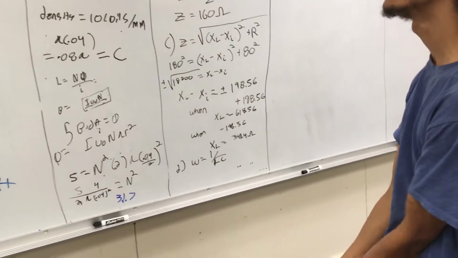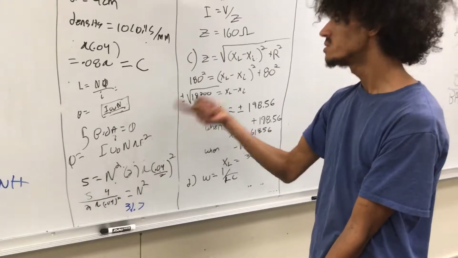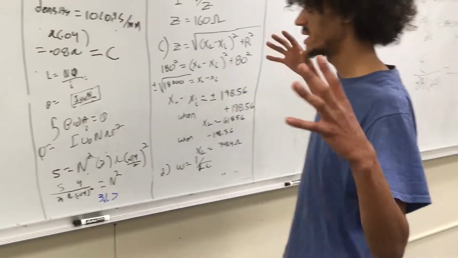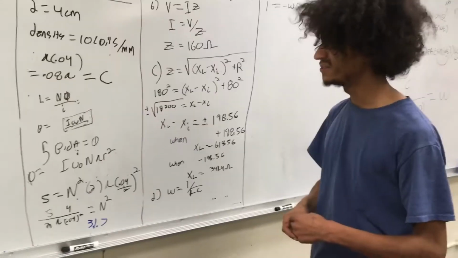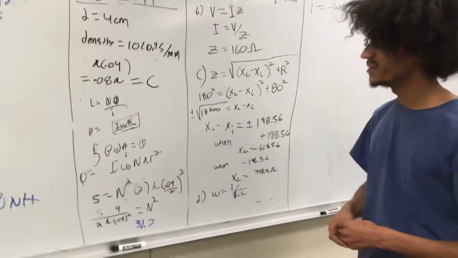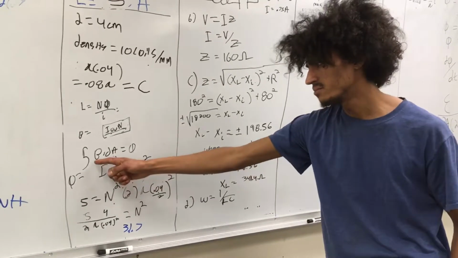And to help do this, we wanted to know the number of turns inside of it to help give us an idea of how long it is, I believe. Because if we know the number of turns and we know the length,